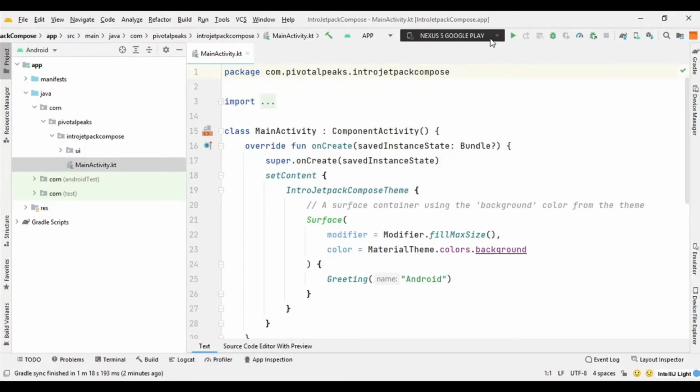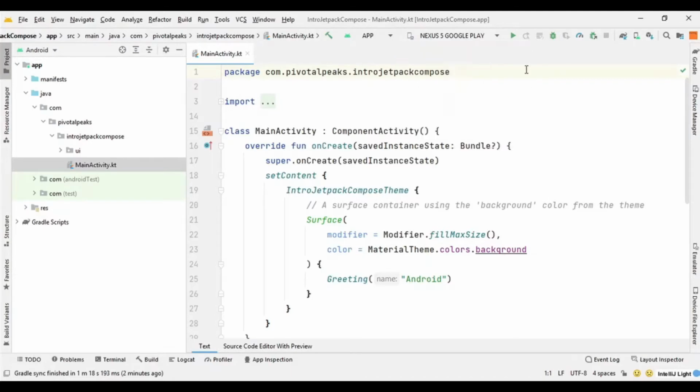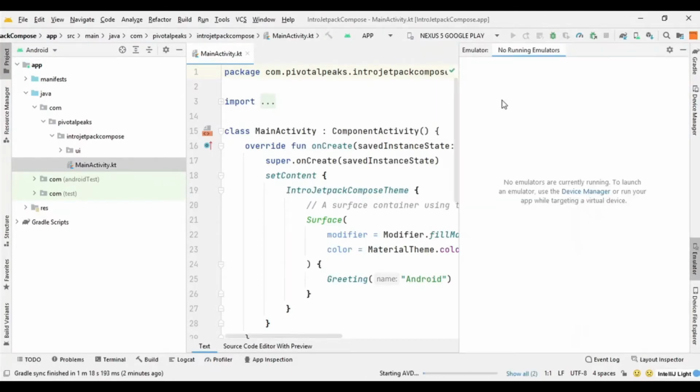I will select the emulator from here, which is Nexus 5 Google Play. I will click here and wait for it to run. It will start the emulator. I will wait for it, and when the emulator is started, I will come back.